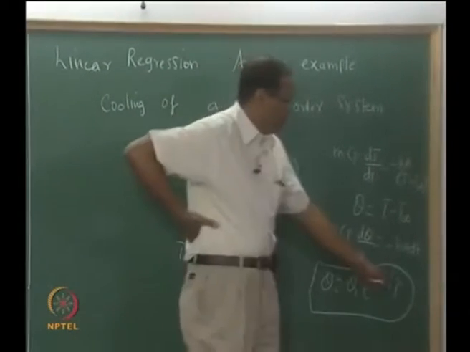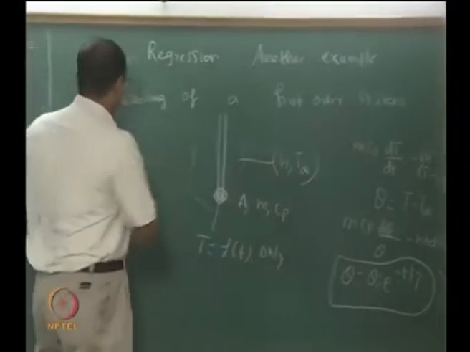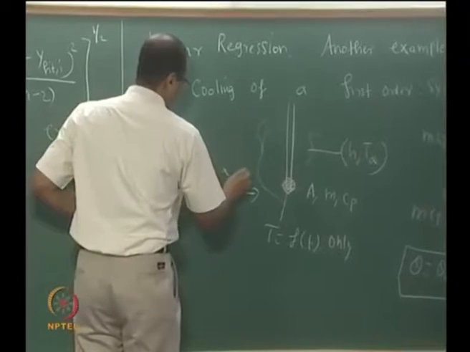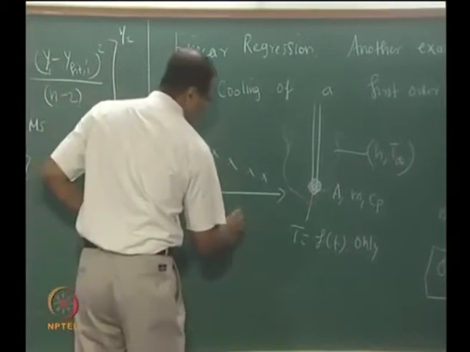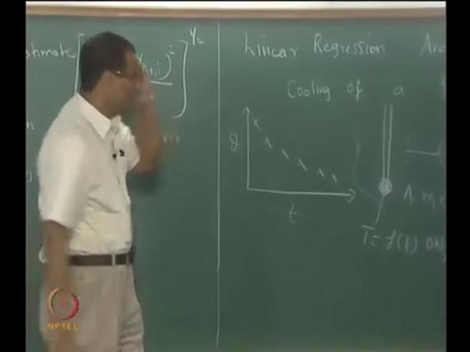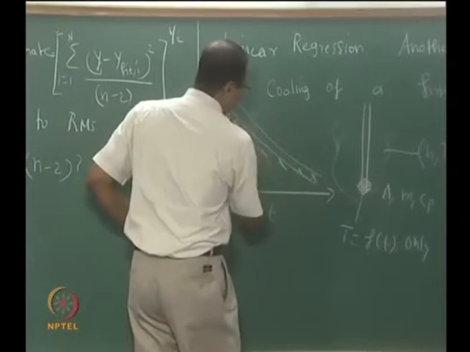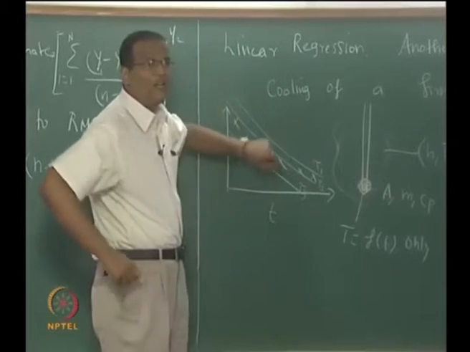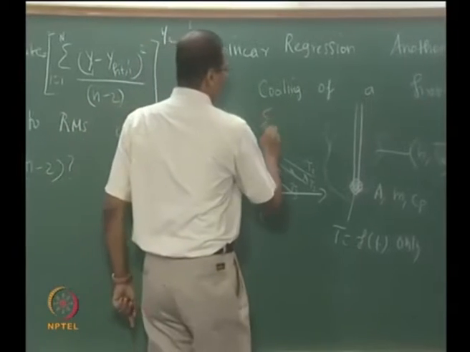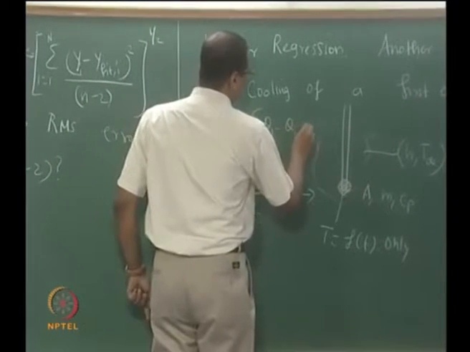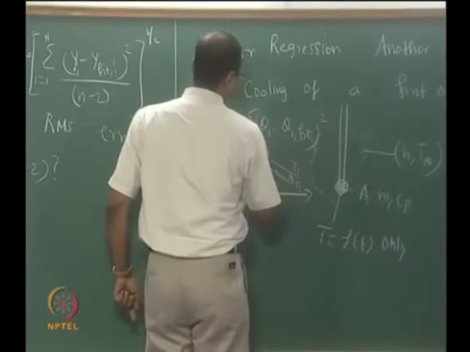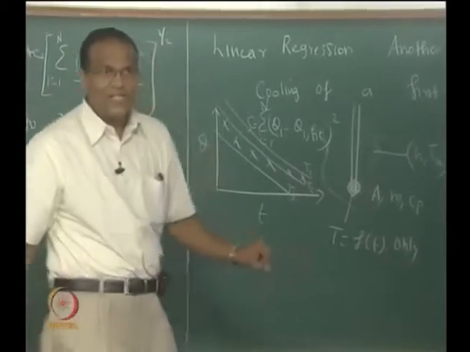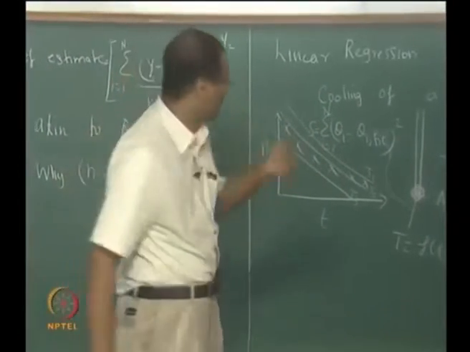And what is the goal of this? It is possible for you to estimate the time constant if you have a temperature versus time history. Basically the funda is very simple. You can generate different curves for different values of tau 1, tau 2, tau 3 and so on. There will be one particular value of tau at which the sum over i equal to 1 to n of (theta i minus theta i fit) whole square is minimum. Okay, that is the best estimate of the time constant for the system.